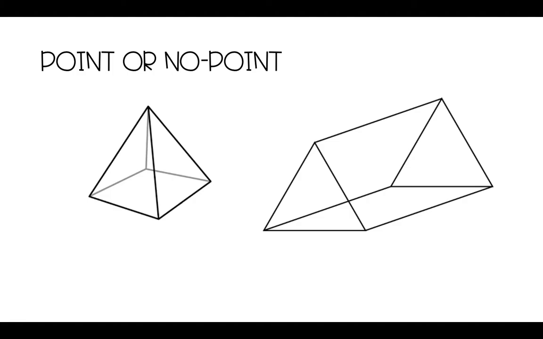So the first thing we look for is, does it have a place where all of the sides come up to meet, so a point, or does it have no point? So we can see here that we have a point. But with this one, all the sides don't come up to meet one point. Yes, they come up to meet an edge, but it's not a point. So we call this one a pyramid, like the Egyptian pyramids, and this one a prism, because it's a shape